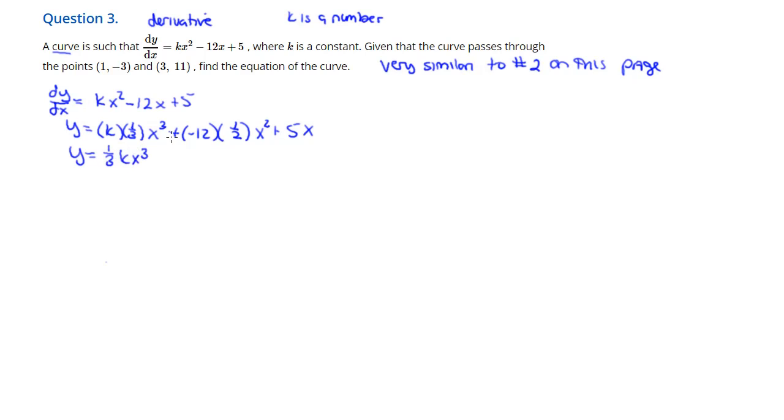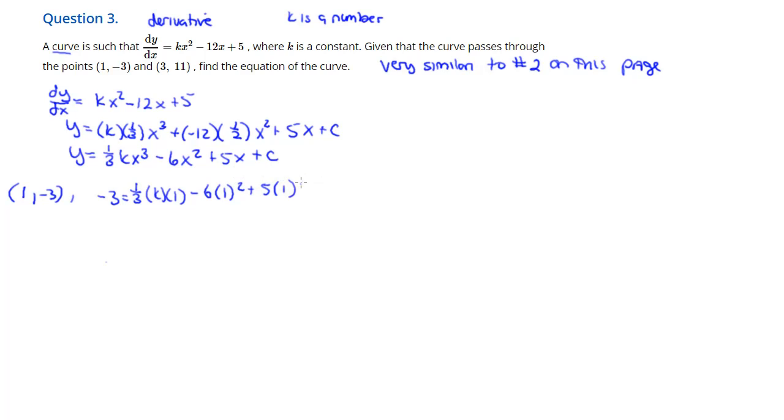And you notice it's got a k and a c. I need to find out what both of those are. There's 2 things I need to know, and I'm going to solve it by doing a system of equations. So I'm going to go ahead and fill in the first point they gave me. And I'm going to replace the y with a -3, replace all the x's with a 1, and then simplify it. And I should end up